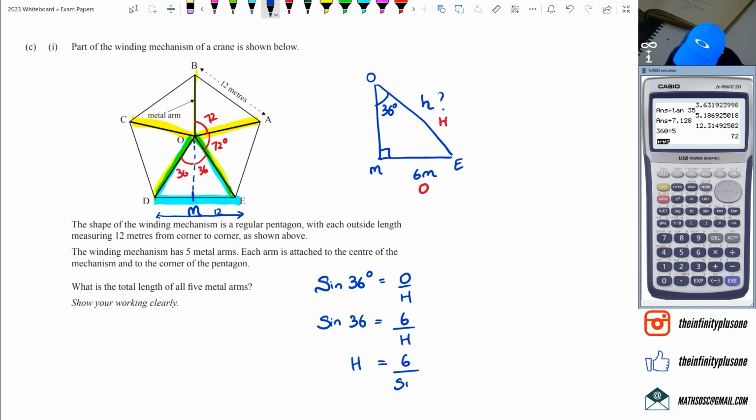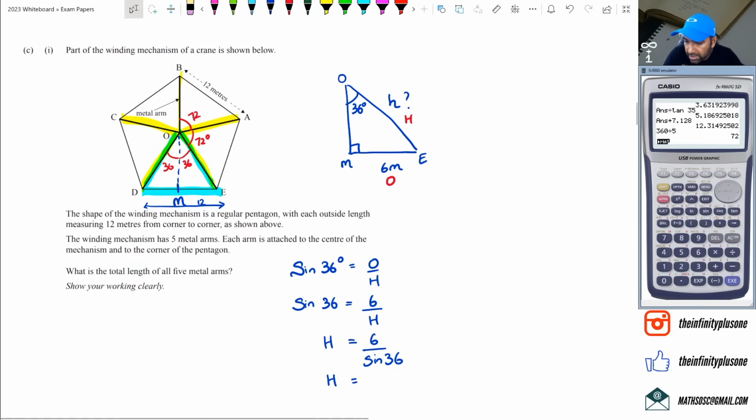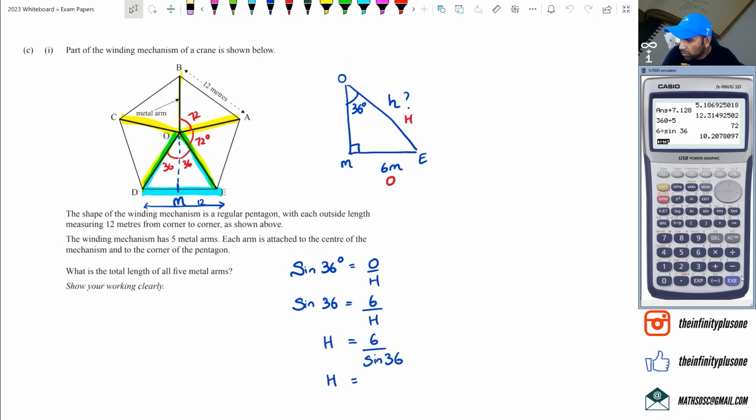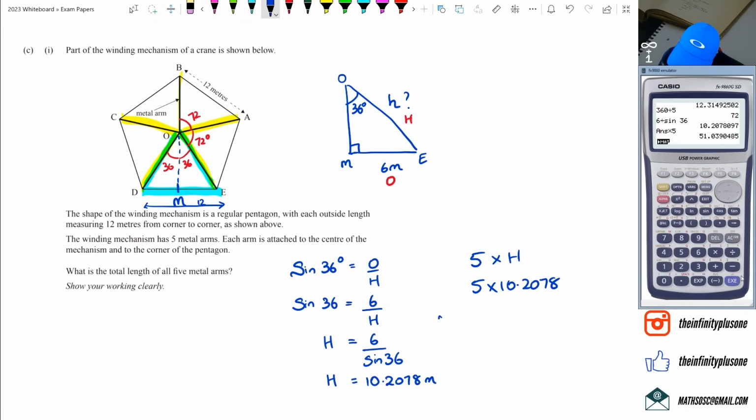So I'm going to get 6 divided by sine 36. So when I do 6 divided by sine 36, I've got 10.2078. Yeah, 10.2078. And because I've got 5 arms, I'm going to do 5 times h. So 5 times 10.2078, times that by 5. I'm going to get arms total equals